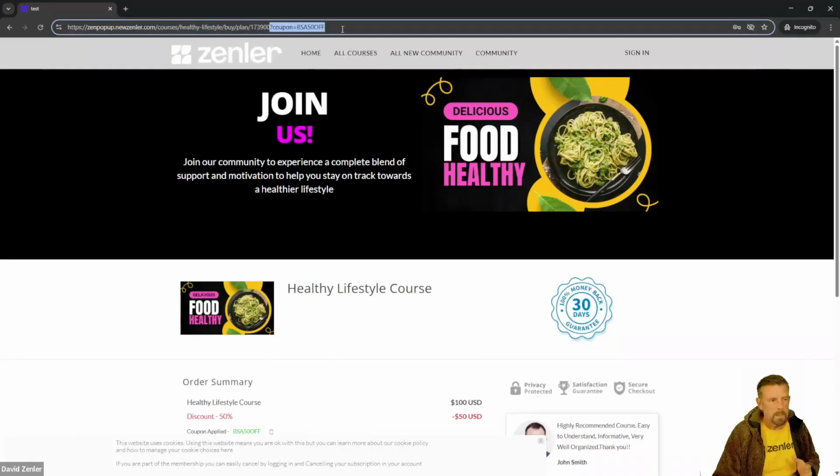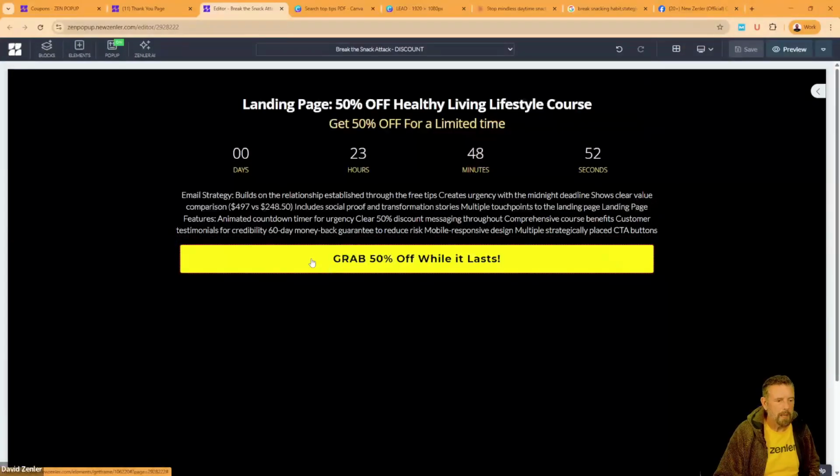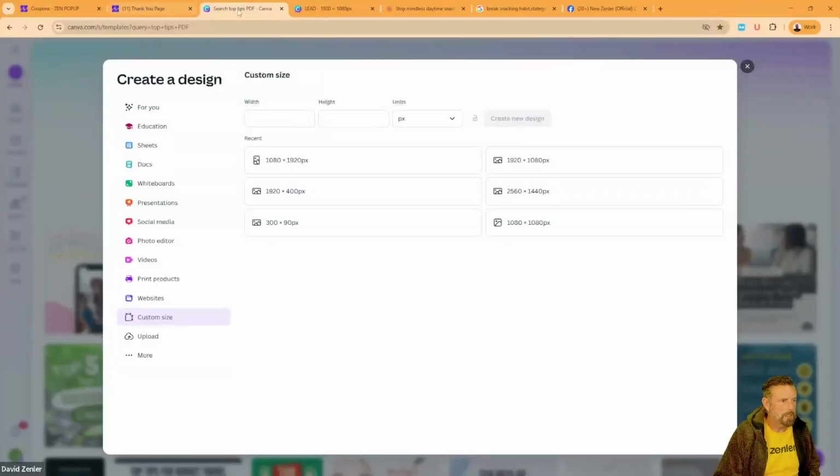So now we're not going to the sales page. We're going straight to the checkout page, which is exactly what we want. So copy that URL once you've tested it in incognito, and we're going to put that into the button. You're going to open your funnel up again, go to your button and add it in there. So let me just now